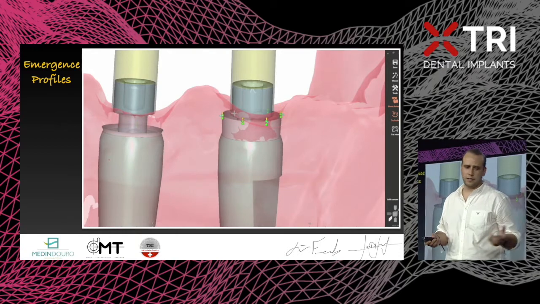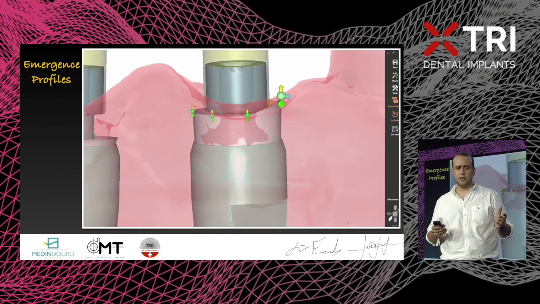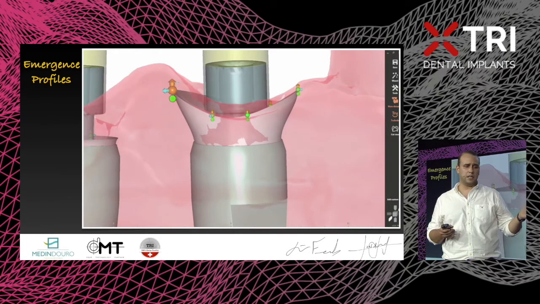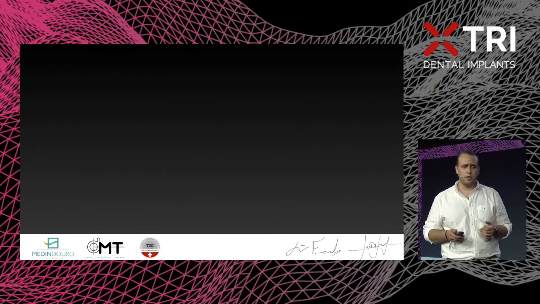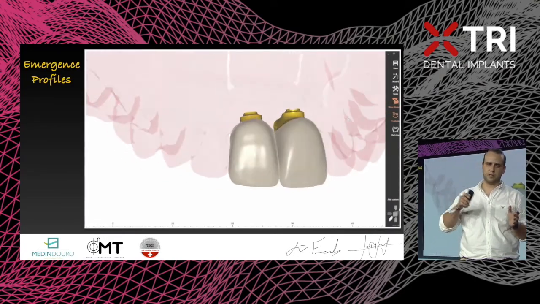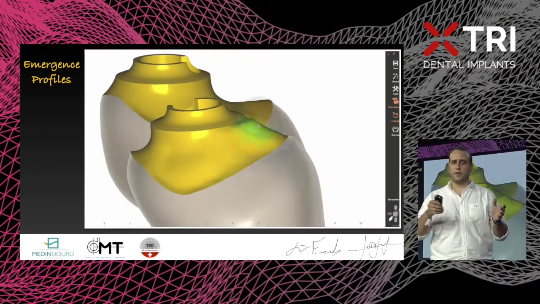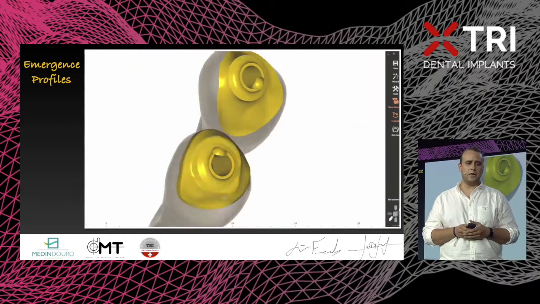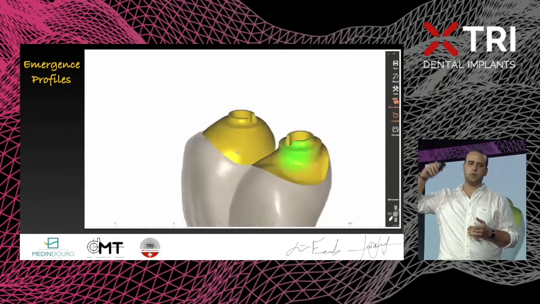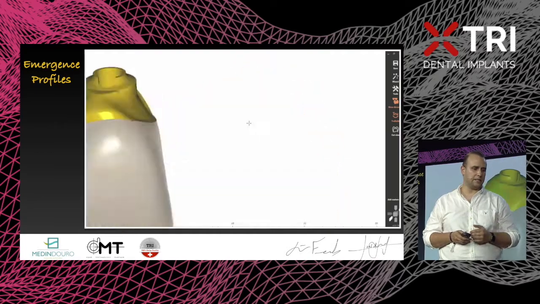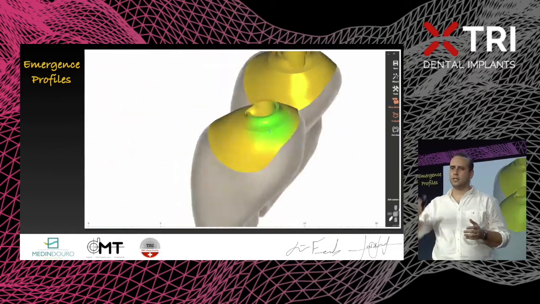easily on exocad. That's the software I use in the milling center. And we can manage the profile till the level of the gingiva. And after that, we can work on the other part of the emergence profile. We can pick up freehand tools, and that type of design will allow us to put the profiles a little bit up in that case. And that's a really big advantage. I can work the profiles directly to the implant level.